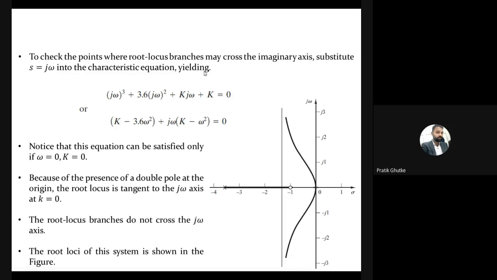So this was all about the root locus. In the upcoming class, we will see a very important plot, that is the Bode plot. The Bode plot is also one criterion to check the stability of the system, like the root locus or Hurwitz criteria. There will be an OR question for this: you have to draw the root locus, or you can solve the Bode plot. It will carry the same marks, that is a 13 marks numerical. So in the upcoming class, we will see the numericals on the Bode plot.